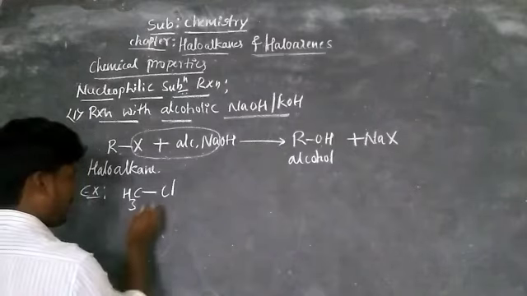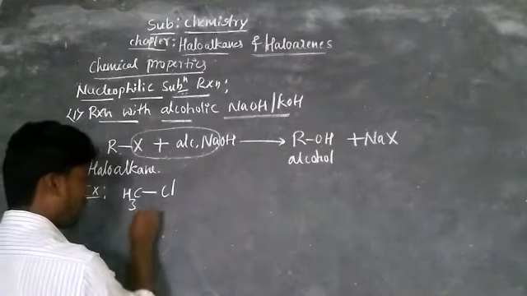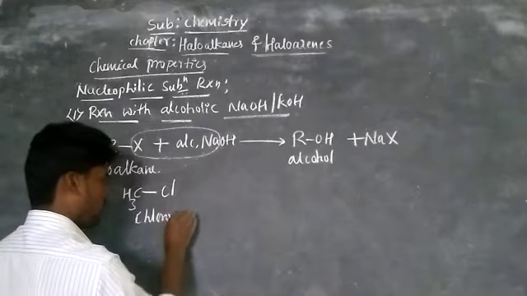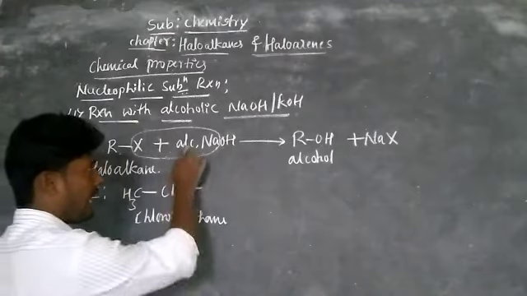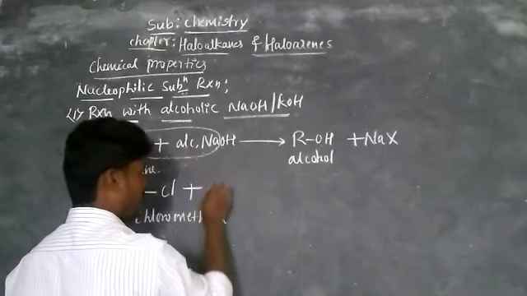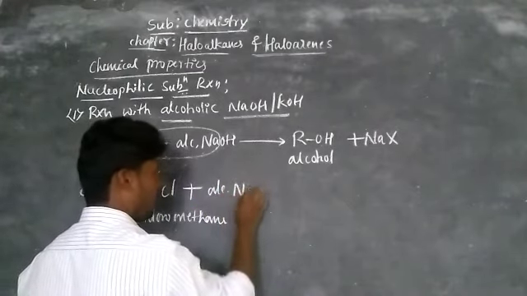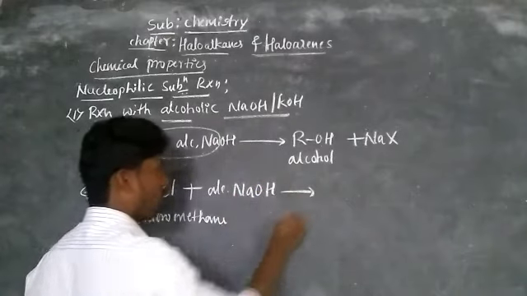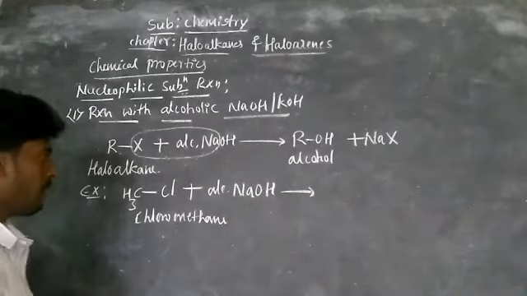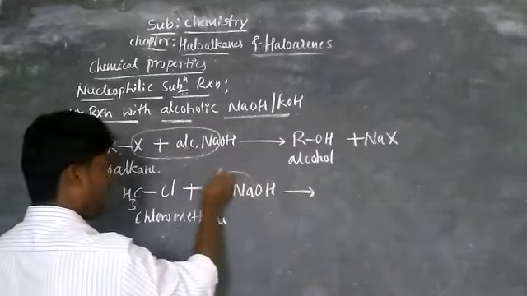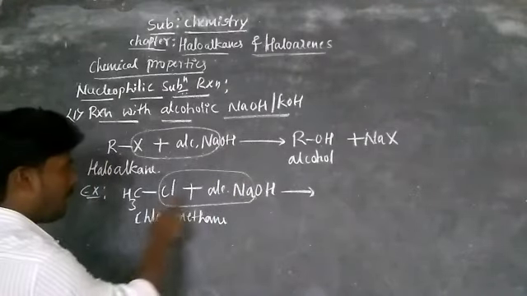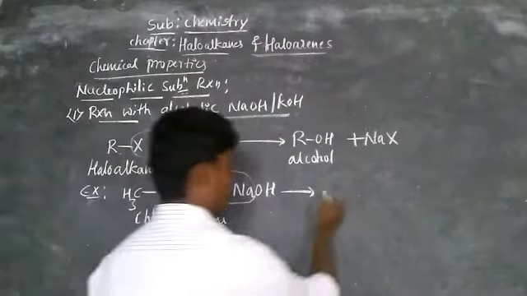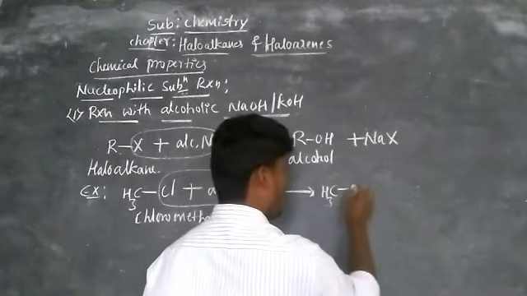What is its name? Chloromethane, which is treated with alcoholic KOH or NaOH. What you get is Na and the Cl becomes NaCl, and the remaining thing is CH3 bond OH